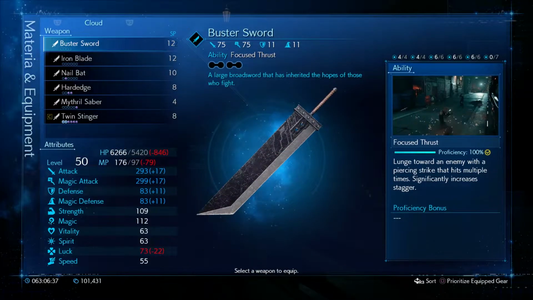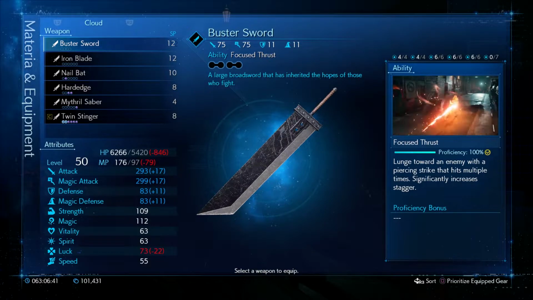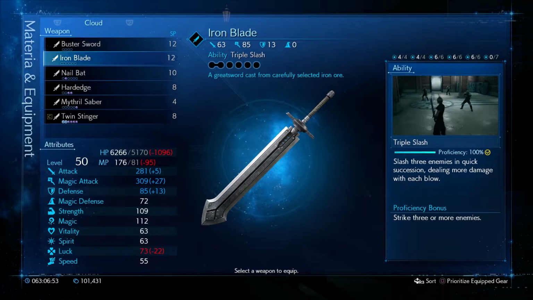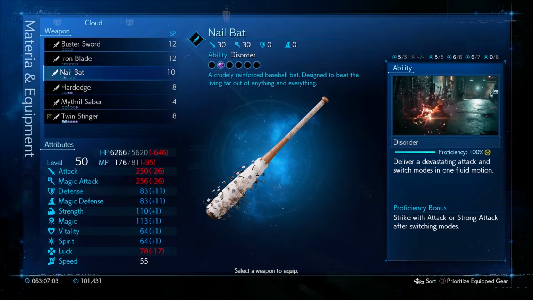So firstly we're going to go through Cloud's weapons. The Buster Sword is Cloud's starting weapon, so no problem in finding that one. The Iron Blade is just a natural progression weapon that you get in Chapter 3. The Nail Bat is the first one that's not through the story content, but this can be quickly and easily